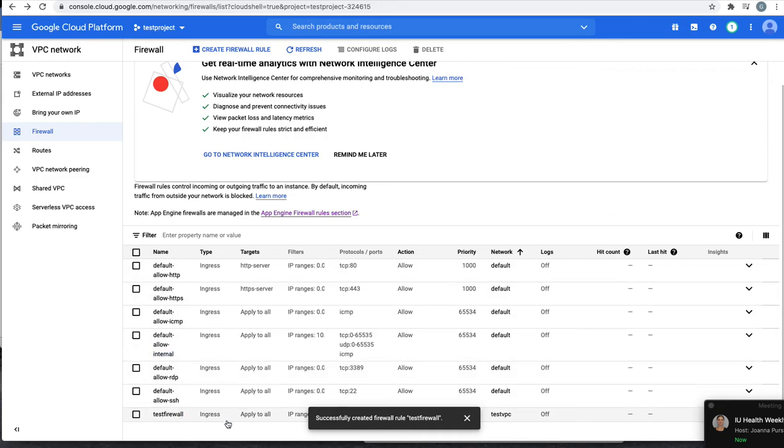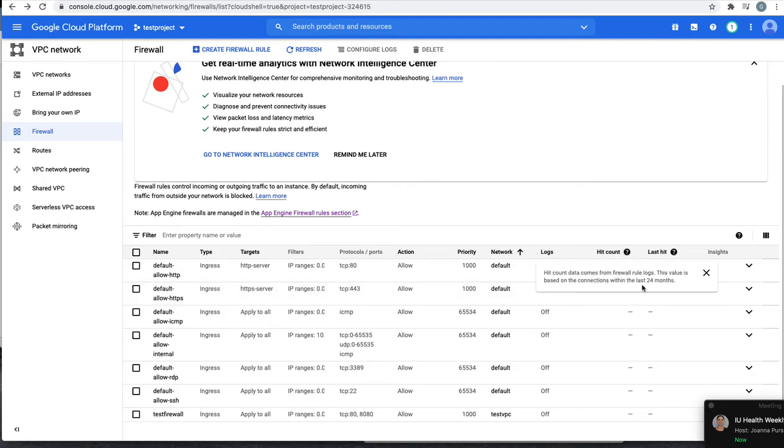We just created our test firewall rule policy, in which the network is specified to be a test VPC, and then you can see if it's being used or not with the hit counts and stuff for logging. And moving on,